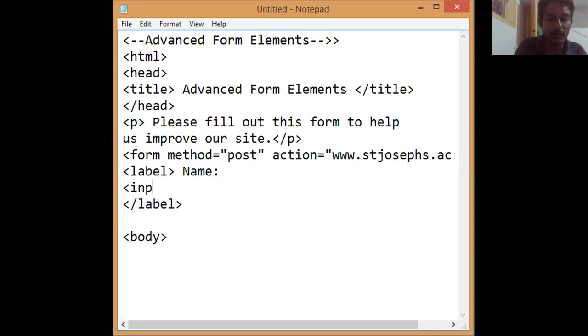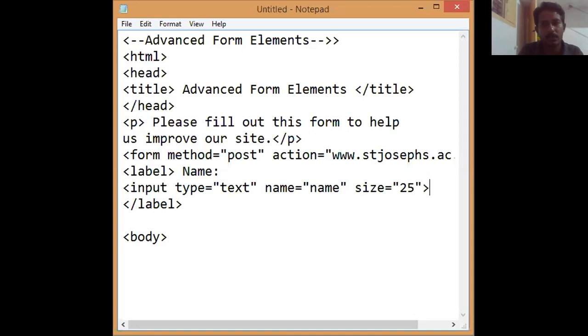For creating text boxes, we use the input tag followed by input type equal to, within quotes, you specify text. If you give input type equal to text, then a text box will be created. After that, I give the name for the text box, and then I assign the size for the text box. 25 means you can enter up to 25 characters in the text box. After that, we close the label.